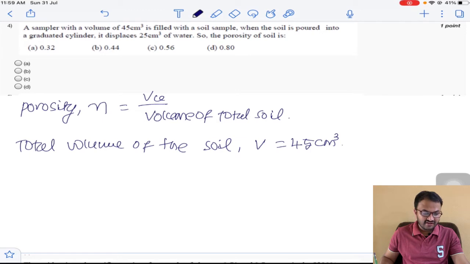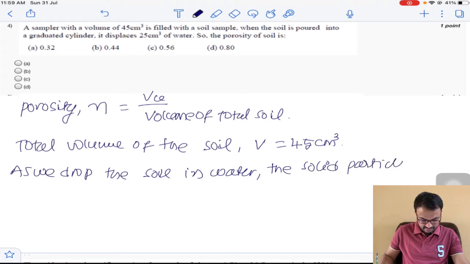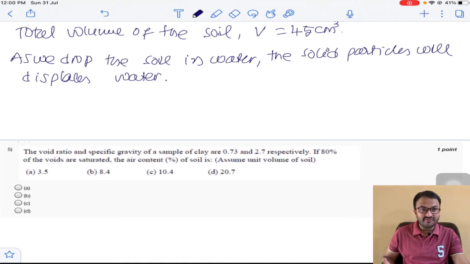So as we drop the soil in water, the solid particles will displace water. So hence the volume of solids will become